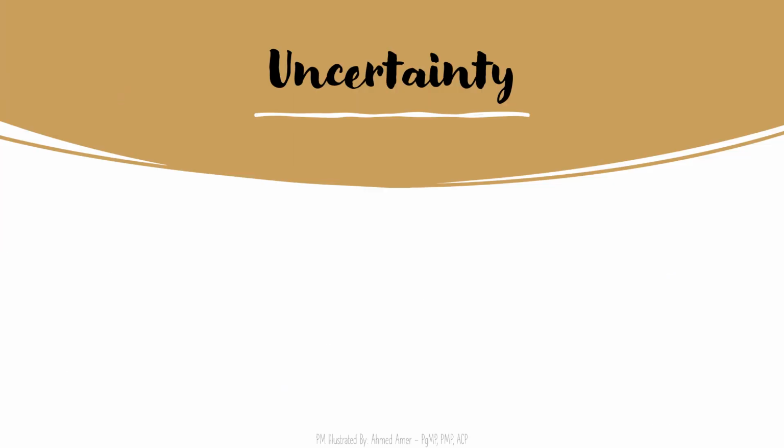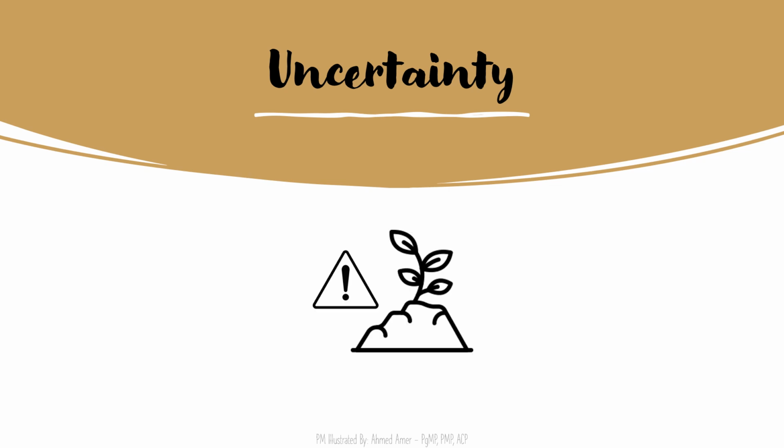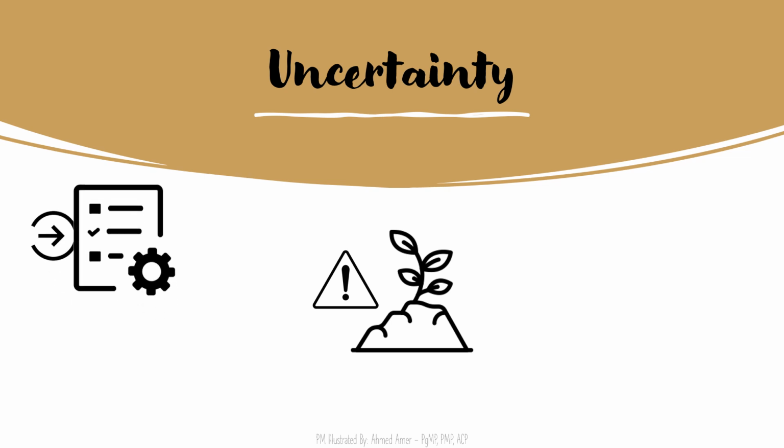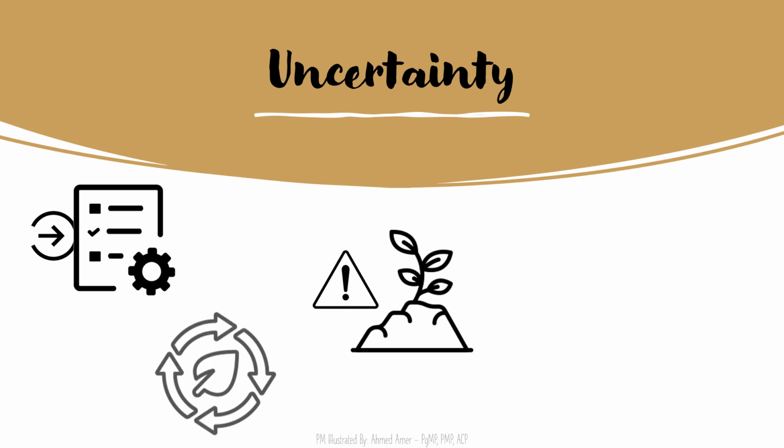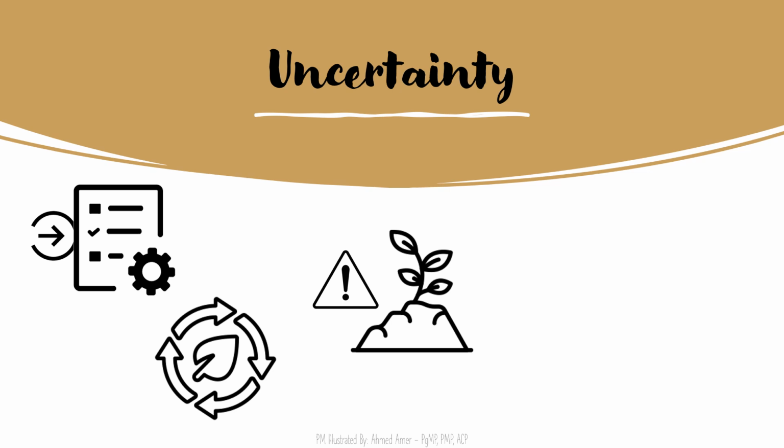The first distinguishing characteristic is uncertainty. As we all can guess, uncertainty is a fertile soil for risk. It's a fundamental attribute that may be a cause or result of complexity in both programs and projects. The project's handling of uncertainty is within the context of successful delivery of an end item or service. This perspective usually aims to minimize uncertainty throughout the project lifecycle. As an example, progressive elaboration is a very common tool usually used to minimize uncertainty.